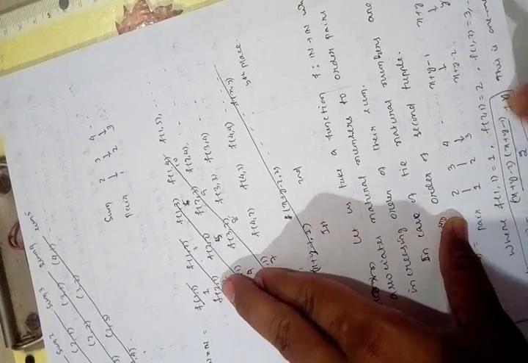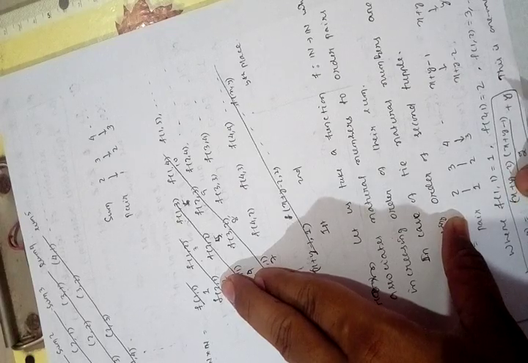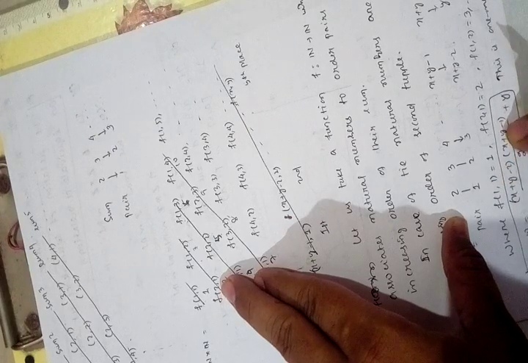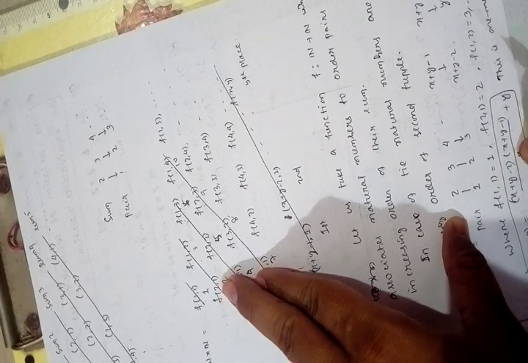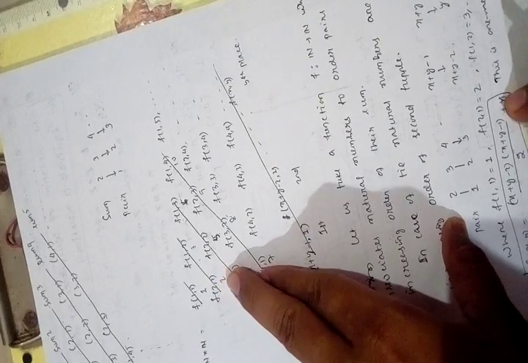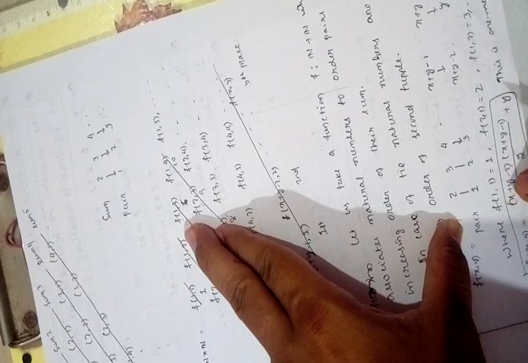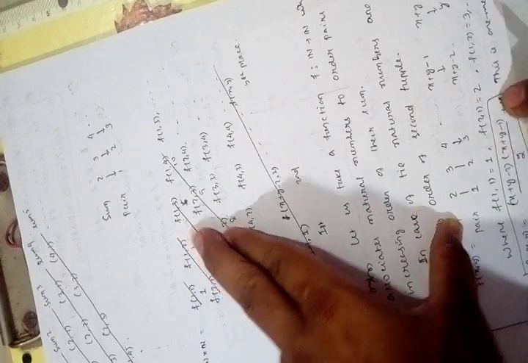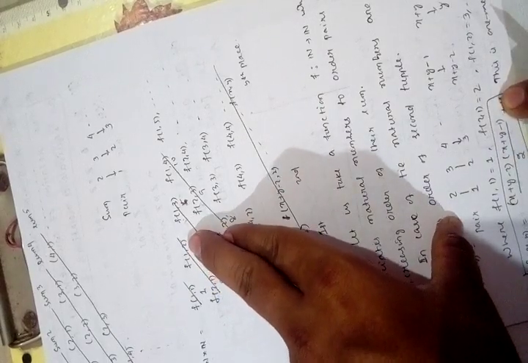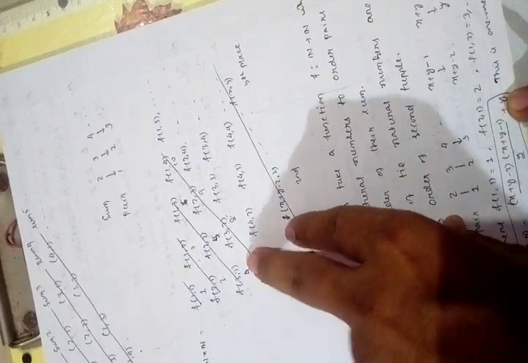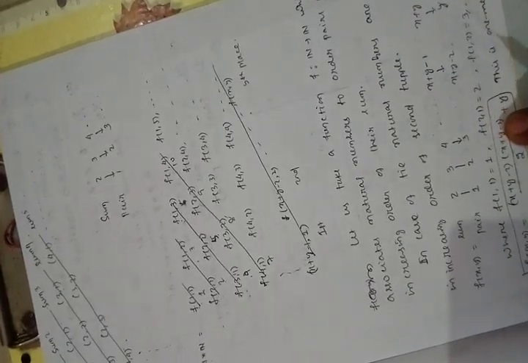For example, f of (2,1): put x equal to 2 and y equal to 1. That is 2 plus 1 minus 2, which is 1, times 2 plus 1 minus 1, that is 2, by 2, gives 1. Here y equal to 1, so 1 plus 1 is 2, f of (2,1) is 2. But f of (1,2): put x equal to 1, y equal to 2. That is 1 plus 2 minus 2, that is 1, times 1 plus 2 minus 1, that is 2, by 2, gives 1. Here y is 2, so f of (1,2) equals 3. f of (3,1) is 4, f of (2,2) is 5, f of (1,3) is 6, and so on. So clearly this function is 1-1 and onto.